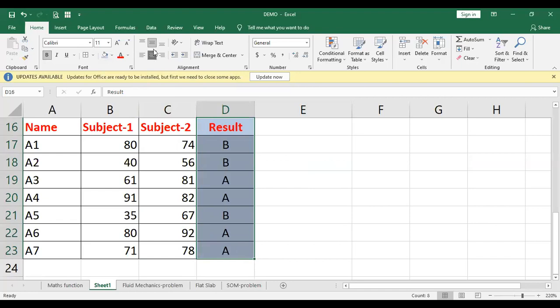If you align here, go for the left, go for the middle. That's how this is possible.